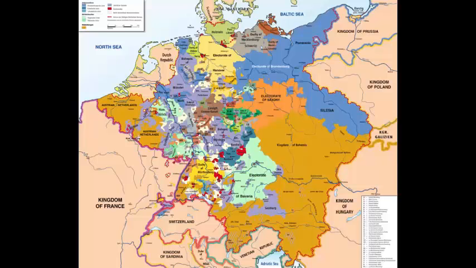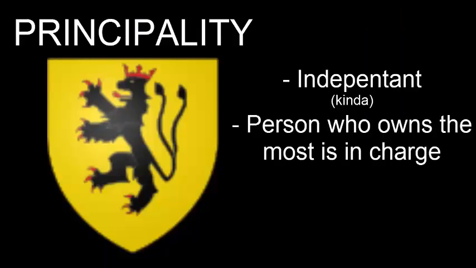The HRE is the best example of feudalism, and is basically made up of a bunch of states and principalities which decide to gang together to make a country. Each principality is essentially independent, with the person who owns the most land being the lord of the land. Rather than getting money directly from the serfs, he hires people to collect the money for him. That person got so bored of collecting money, he decided to hire more people to collect it for him.